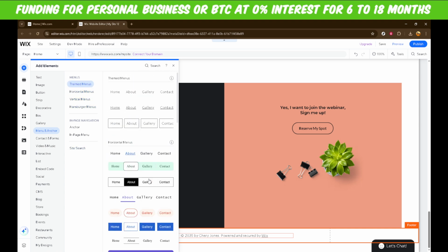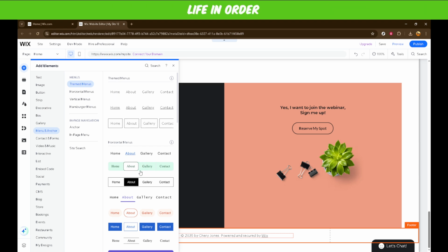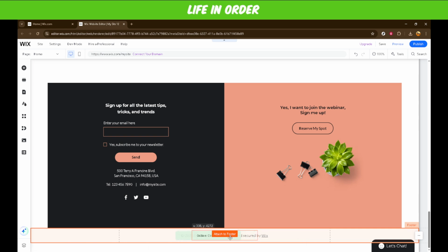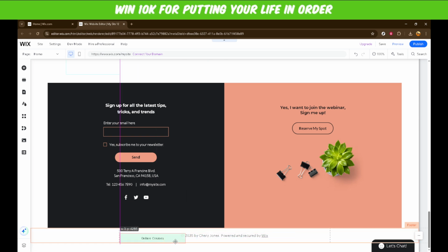When you click on it, you'll notice a variety of menu styles pop up, giving you a range of aesthetic options to match your website's theme and style. From the collection of menus displayed, you can now choose the one that best fits your site's look and feel. This decision will set the tone for your footer, so take a moment to consider which style aligns with the